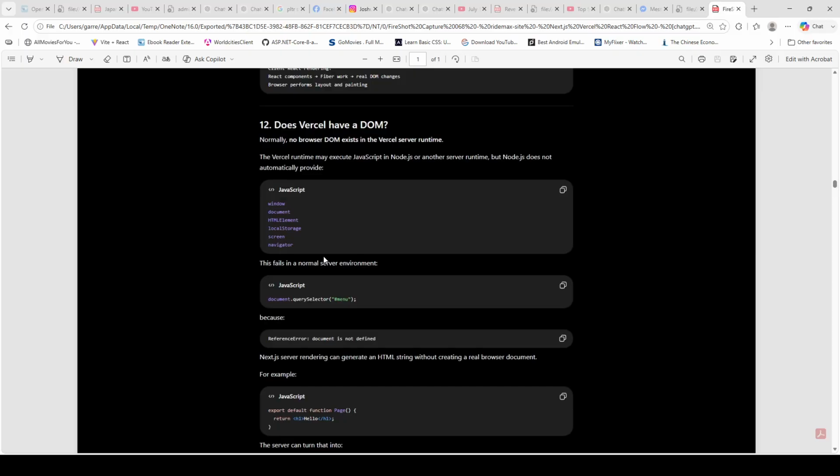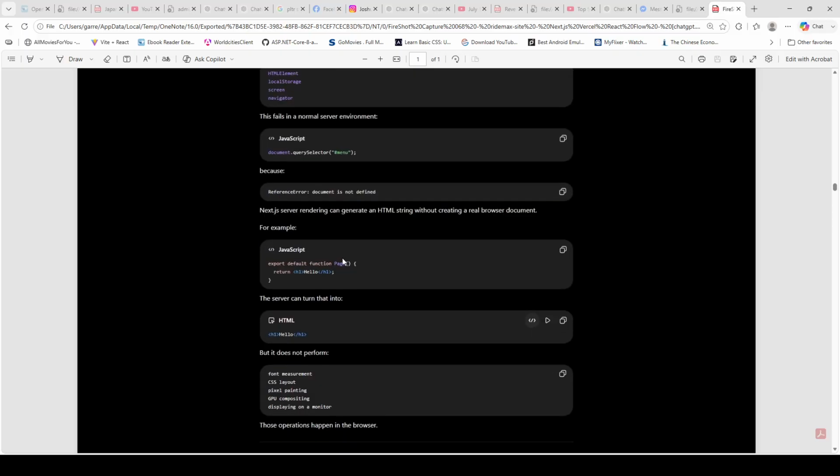Again: window, document, HTMLElement, localStorage, screen, navigator. If you use document.querySelector('#menu'); it will fail on a server. It will show ReferenceError: document is not defined.